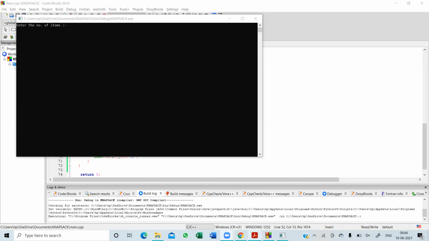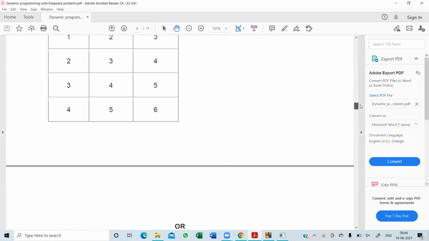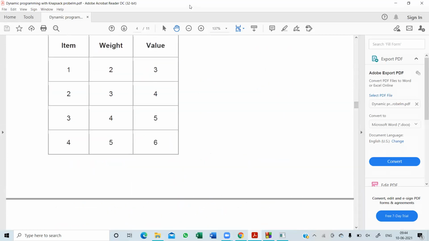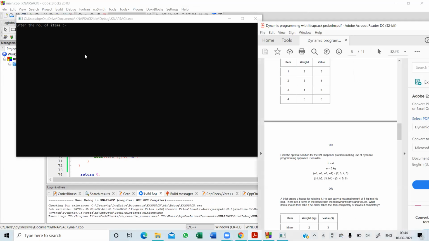So it is asking us about the number of items that we have. So let us suppose that we have a total of, let's say, 4 items. So how many items do we have? We have 4 items.